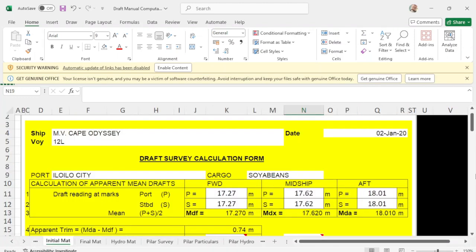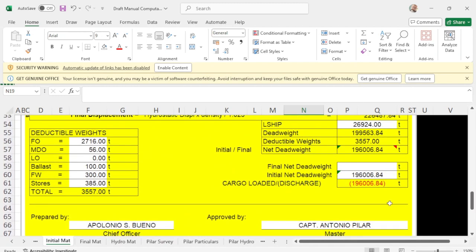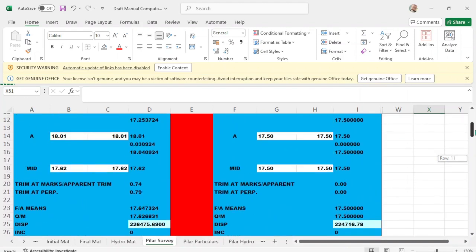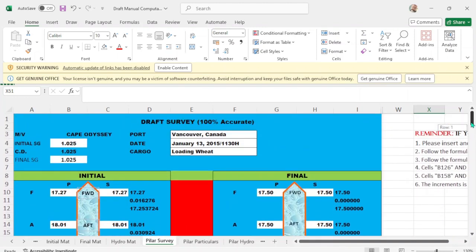Initial cargo is how much? 196,006.84, and I got 196,006.84. Same, and it's also the same with the forward final draft. Okay, the only thing is I can see both at the same time. Just edit the port, date, and loading kind of cargo.